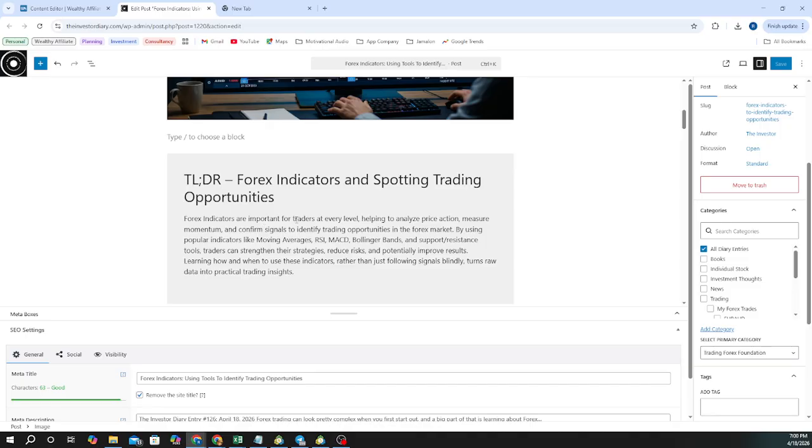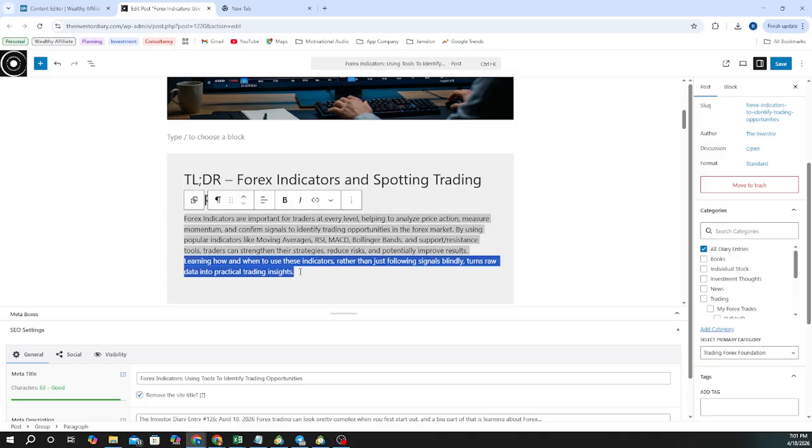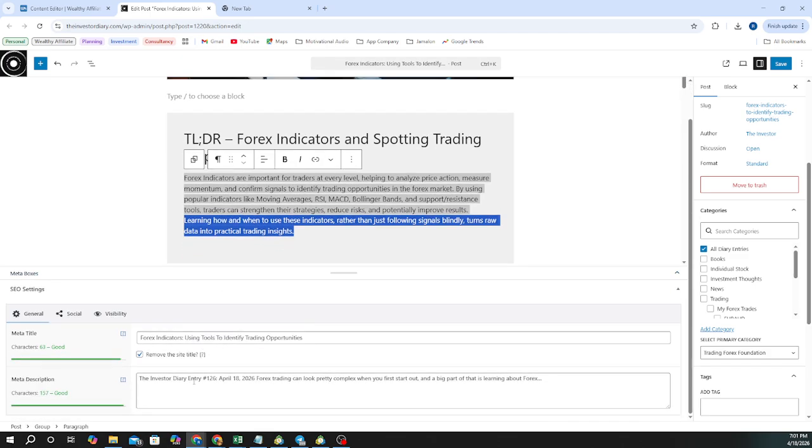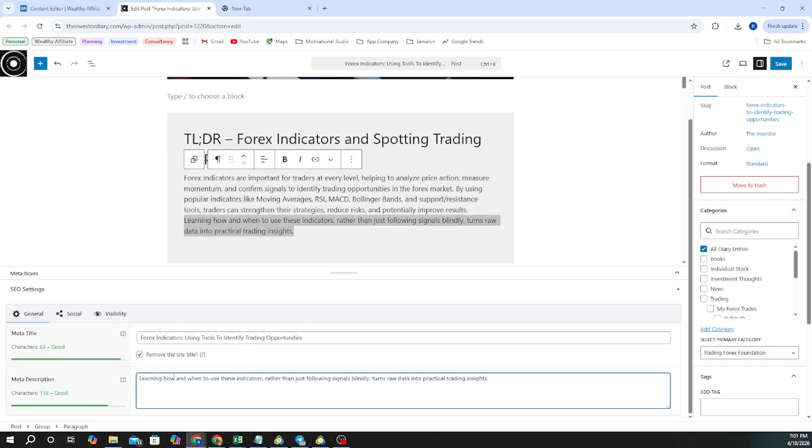Forex indicators are important for traders at every level, helping analyze price action and measure momentum by using popular indicators. Learning how and when to use these indicators rather than just following signals turns raw data into practical trading insights. So what I'm going to use is this. Let's see how we will use it. Okay, Control V. Learning how and when to use